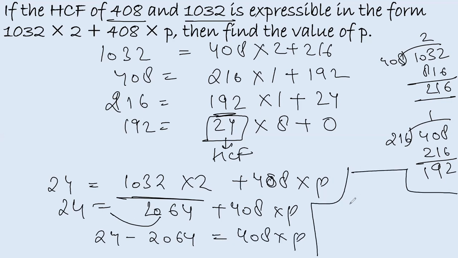In the end, we have to find the value of P only. So 2064 minus 24 is how much? So 2040 is equal to 408 P. And minus, because you are subtracting the bigger number by the smaller number, so the answer will be of minus. Right? Because 24 is the smaller number and 2064 is the bigger number. So the answer is of minus. So when you divide 2040 by